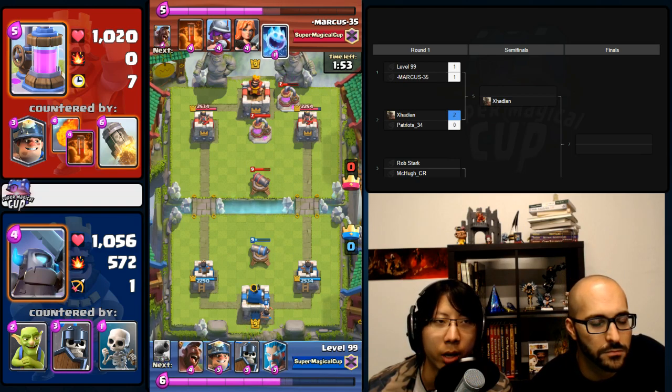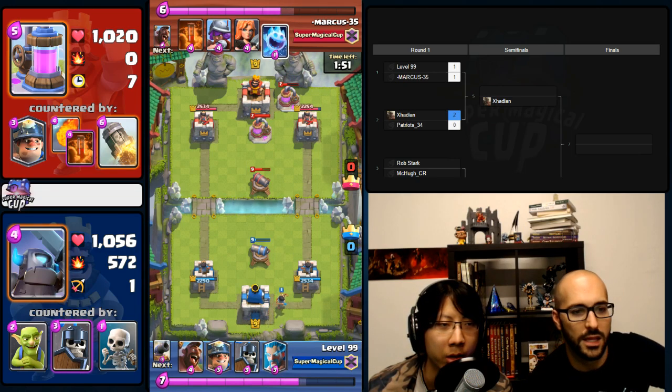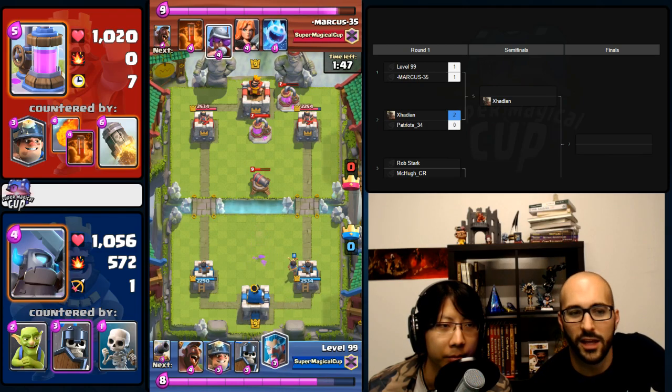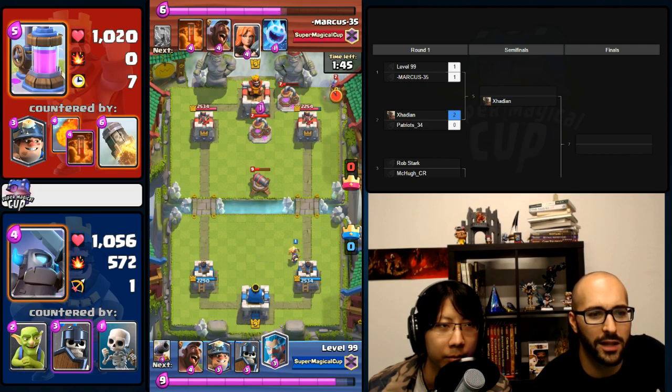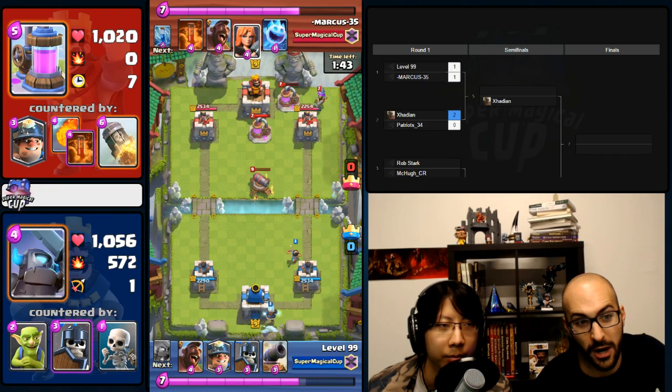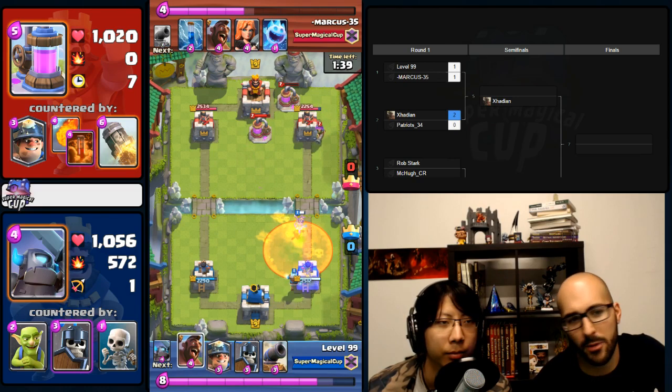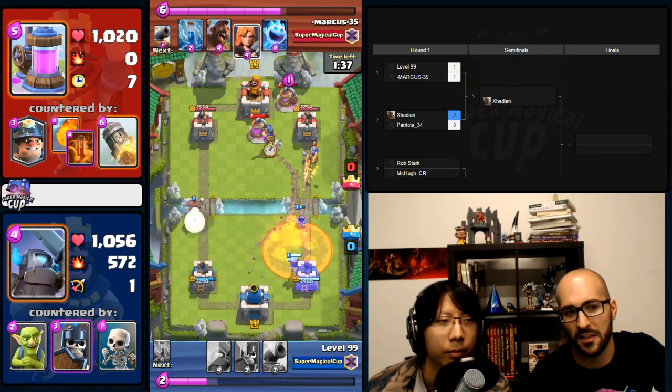Okay, and this is what we're talking about. You're starting to build up Elixir Collectors. Where's that Miner? Yeah, exactly. So you have to play Princess. Princess is going to kill the cannon, I guess. But level 99 right now is in the process of building up a push that you have to commit to. Yep, and that allows Marcus to reliably say, I'm going to start putting my Musketeer, my defense, in the lane, knowing that you have to...